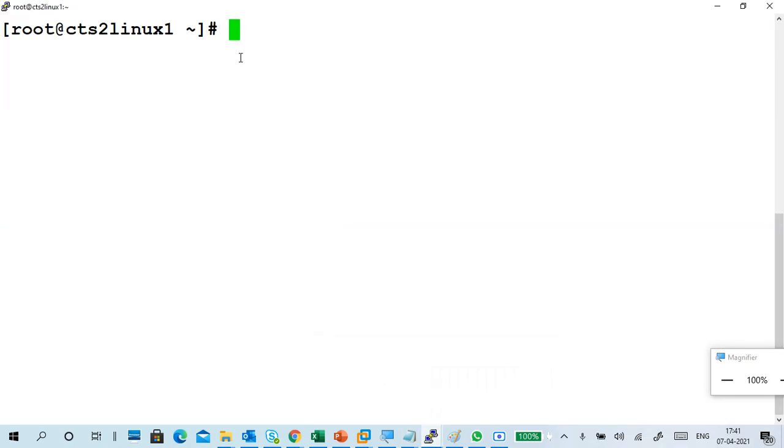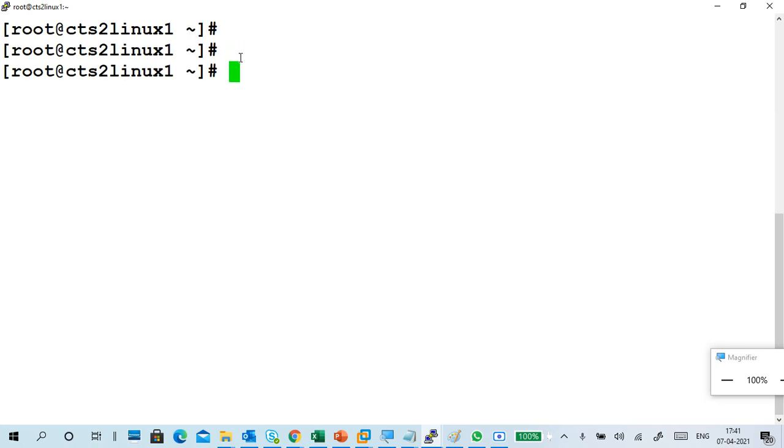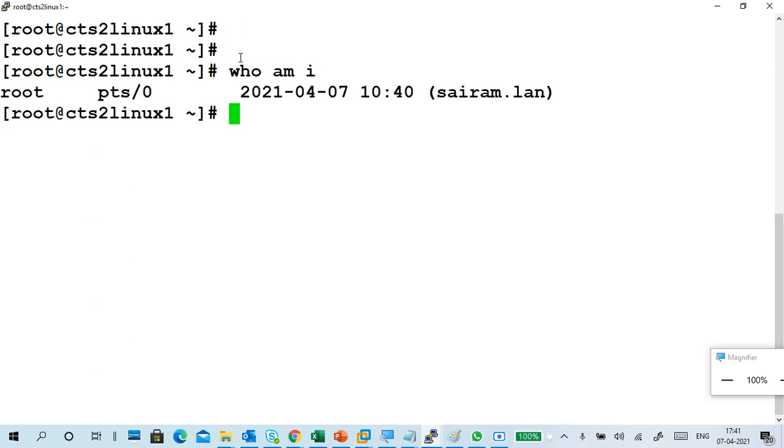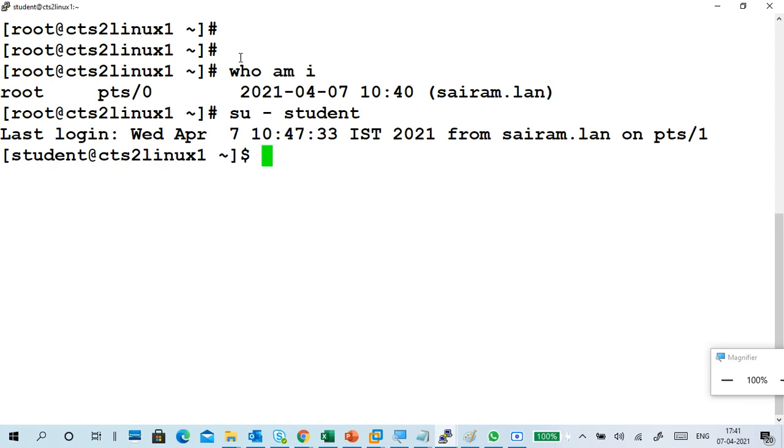This is the root user, and I have a user called student also, right? So I'm working as the root user. For example, whoami shows I logged in as root. Now I switch using su space hyphen space student.